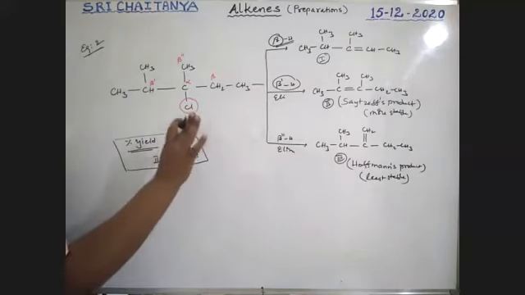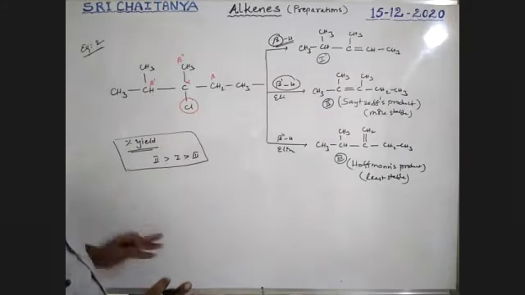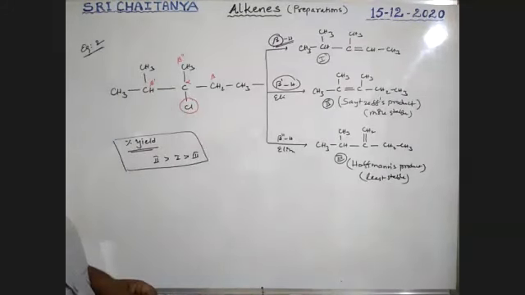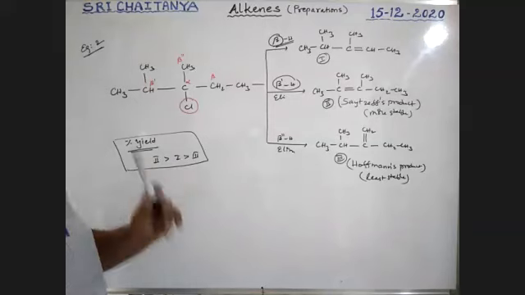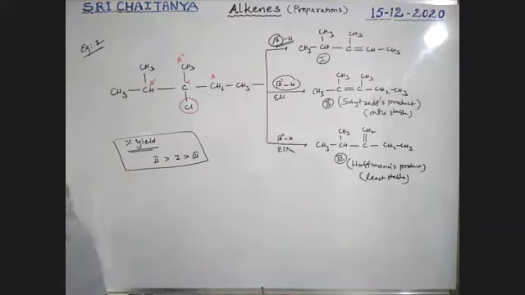No special base is used, boys. A common base is used in all these three cases. Now the percentage yield is 2 greater than 1 greater than 3. Am I correct? Because 2 is more stable than 1, which is more stable than 3. The more stable alkene is the final, higher-yield product. It is first important. Okay.